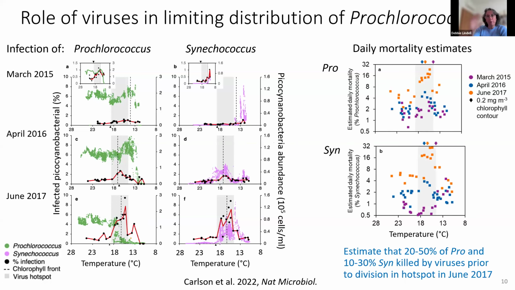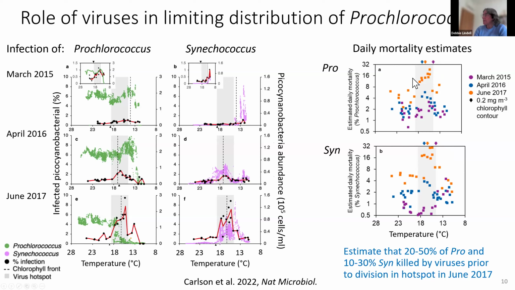But then if we want to average that over a day to see how much daily mortality there is likely to be due to viral infection, we take into consideration that a number of infection cycles can occur during a day, and we reach 20 to 30% of Prochlorococcus and Synechococcus cells could be being killed by viral infection in June